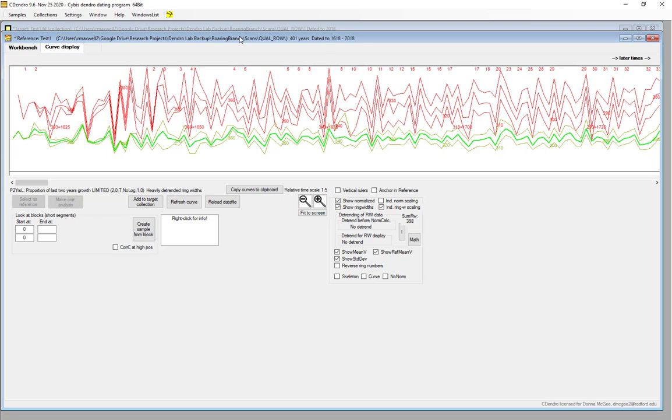And that's often what I do: start the site out, begin measuring a number of cores, and try to get 5 to 10 trees in there, 2 cores per tree. Then I create a reference from that. Then I can use that as I interactively measure and date in kuRecorder.